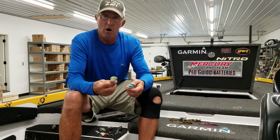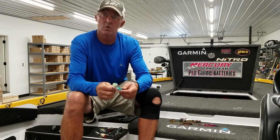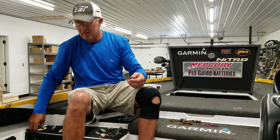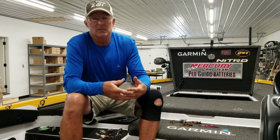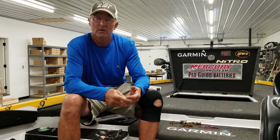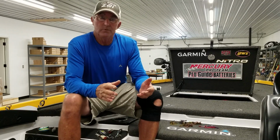But you can catch some quality fish up in the rivers right now on a squarebill, but it's kind of like the topwater. You've got to cover a lot of water. And with the lake level like it is, there's not a whole lot of shoreline cover to throw the squarebill on. So what you want to look for is go up in the river arms where there's 12, 15 foot of water left in a channel,